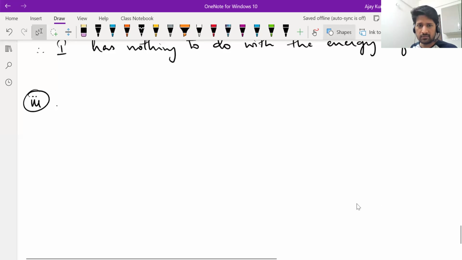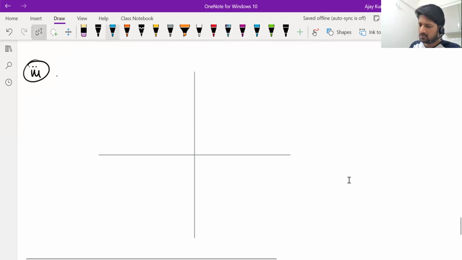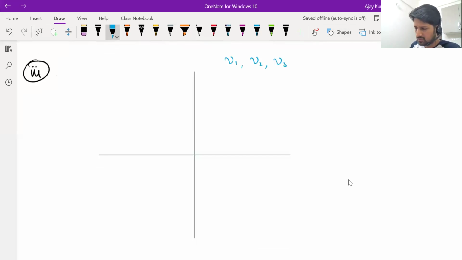Now, all the frequencies, nu1, nu2, or however many frequencies they used, must be greater than or equal to the threshold frequency. Photoelectric emission should happen. Only then they can study how it depends on frequency. So all chosen frequencies are above the threshold frequency. So at one particular frequency, they got a graph like this.